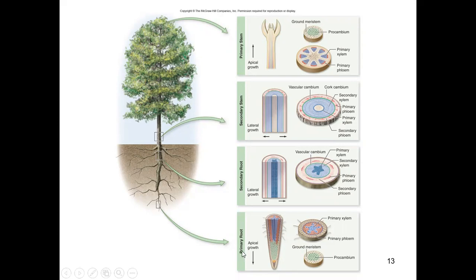So if you see here, these are the primary root, these are the secondary stem, primary stem. So when we take the apex section, we get this kind of structure here. So here we can find out the primary xylem, primary phloem, procambium. Okay. After maturity, same part, but due to the activity of secondary cambium, they form the lateral growth. And due to the activity here, we can find out the primary xylem, primary phloem, secondary phloem, and there is a formation of these kinds of a cambium. So you can see the differentiation between the primary growth and secondary growth.